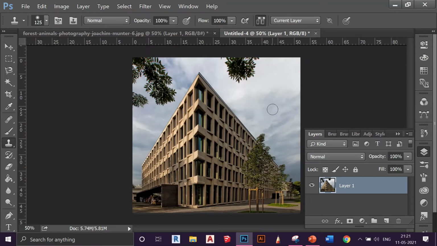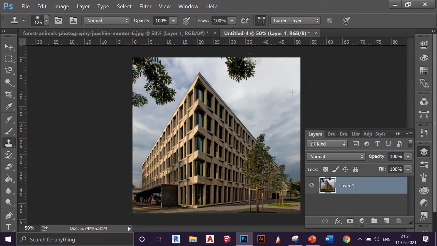So what it actually means is that you need to select the area of the picture that you want to be copied over there. So all you can do is click the alt key on your keyboard. The circular icon changes into this and you need to copy the area that you want to be copied here. So I think this area will merge well. So I select this from here. Now you can see this is selected.